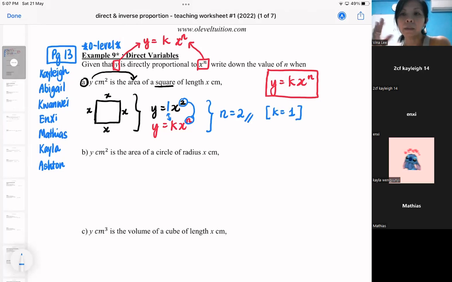So here I'm comparing the situation with the direct proportion formula. This is how they can ask: we compare the formula for direct proportion against an area formula. Upon the comparison, you can see the value of n. So in the next context,